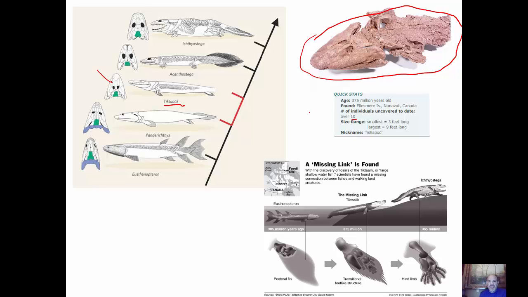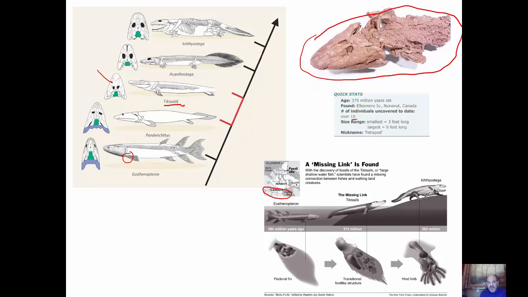But the interesting thing is they were digging up in Canada, in Canadian areas. So down here is the Midwestern United States, and then up here in Canada, further up north, there was an outcropping of rocks that were about the age that would predict a missing link between lobe-finned fish, and these are fish that have actual bones. Most modern fish today don't have these bones in their fins, but these do. They have bones that are thought to later become what would be our forelimbs and hind limbs in vertebrates that walk on land.